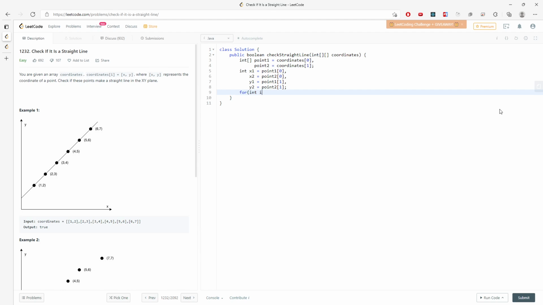So for int i equal to 2, because we already used the 0 and 1, right? i less than coordinates length and i plus plus. So I'm going to say third point, which is p3. That depends on the coordinate i, right? And I'm going to write down x3 equal to p3[0], y3 equal to p3[1], and using the equation for